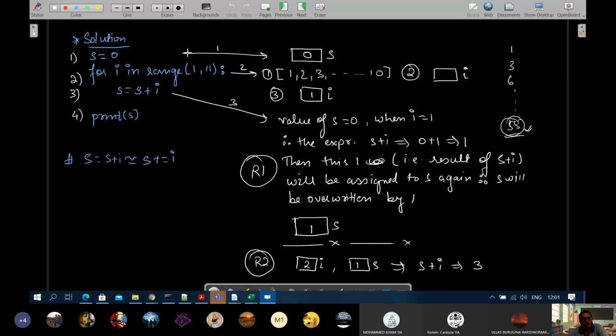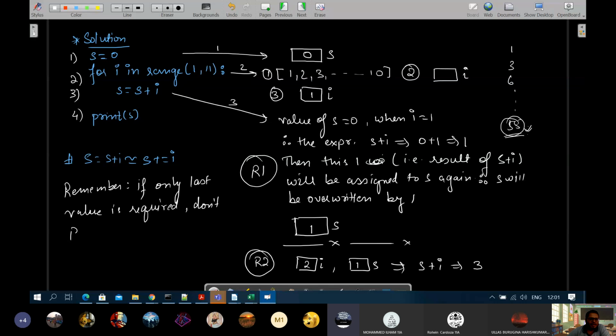So remember, if only the last value is required, don't print inside the loop. Is it clear to everyone why we printed inside and not outside?